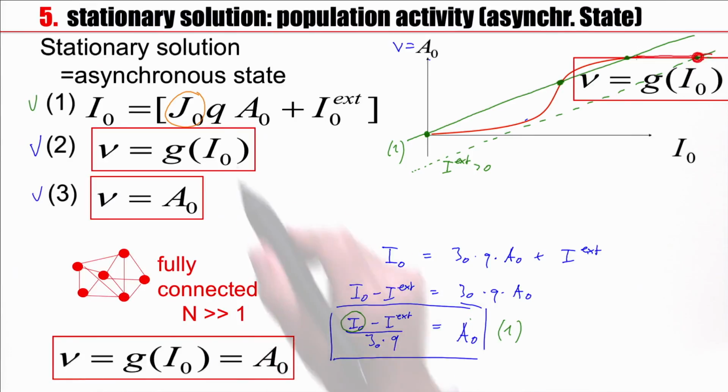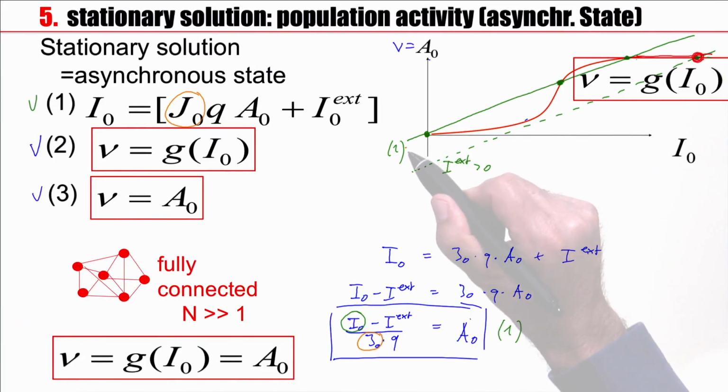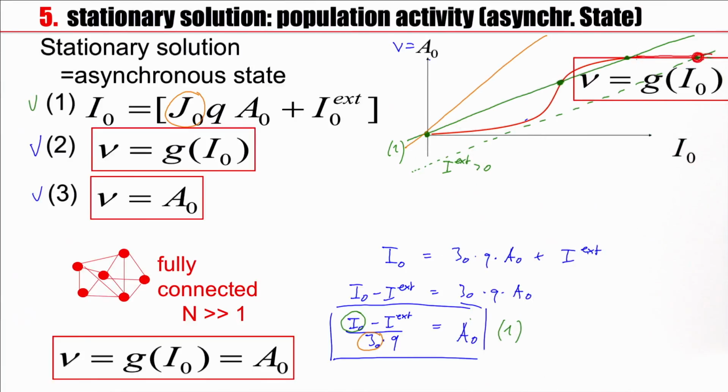If I change J0, make the coupling smaller, then the slope of this line gets steeper and I lose the other crossing points. So for weak coupling in the network, only a population activity at a very low level is possible, unless I have a strong external input, in which case I can still find solutions that have a much larger value. So the message here is that in the stationary state, we can graphically construct the solutions of